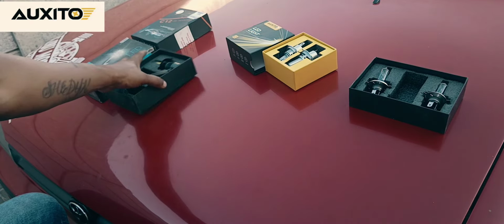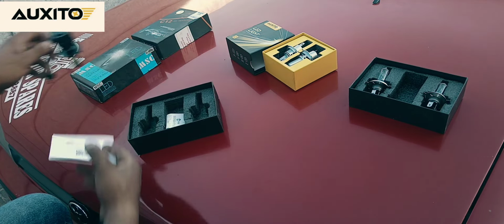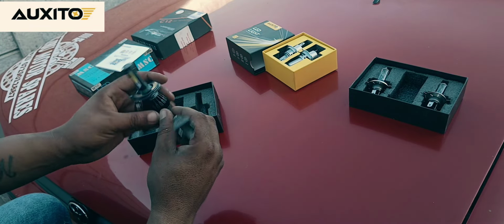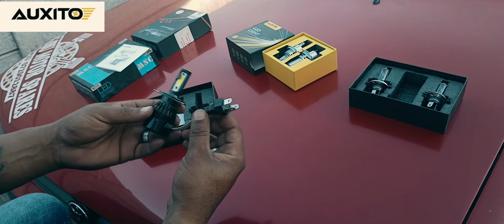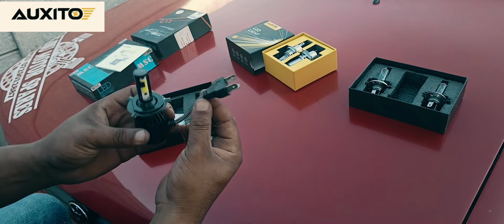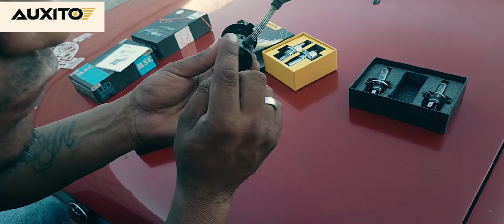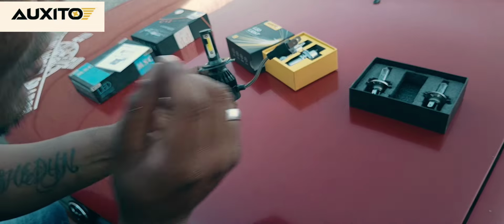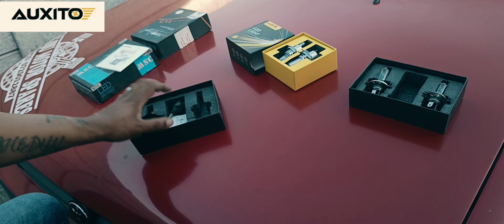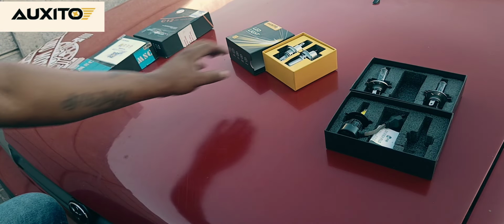And then I have the local bought LED lights here. Okay, so this one comes with a built-in fan as well. I believe this is a newer version of these, but it comes with an extra long piece of wire with a plug. This feels very cheap, but it is effective though. It is effective, but it doesn't last that long. So that's the MSC LED 8000K, and then we have the Oxito